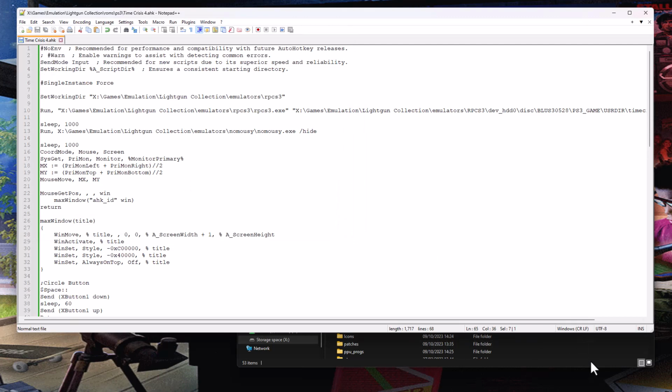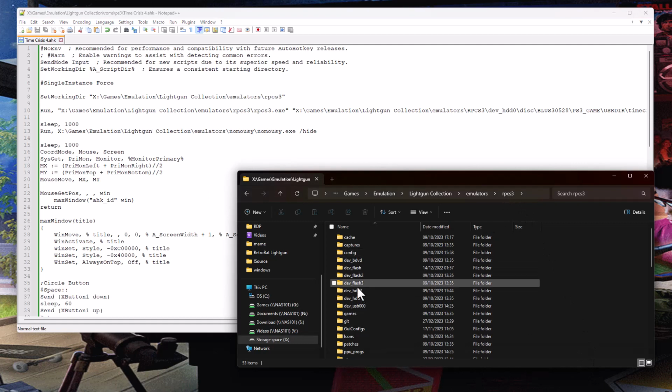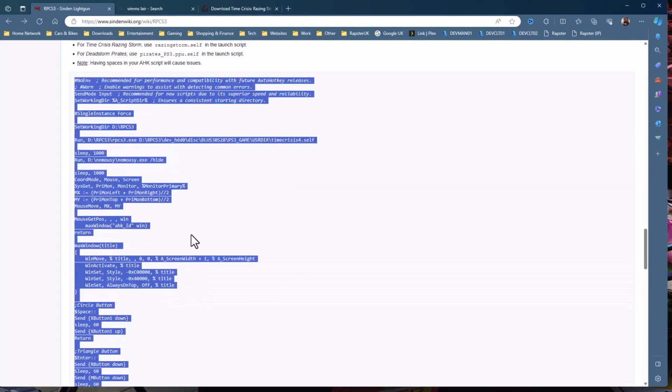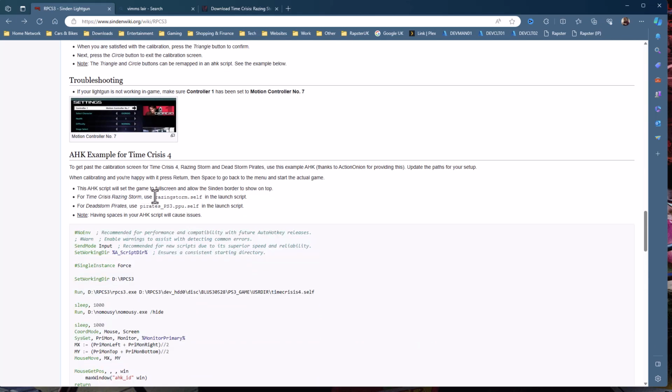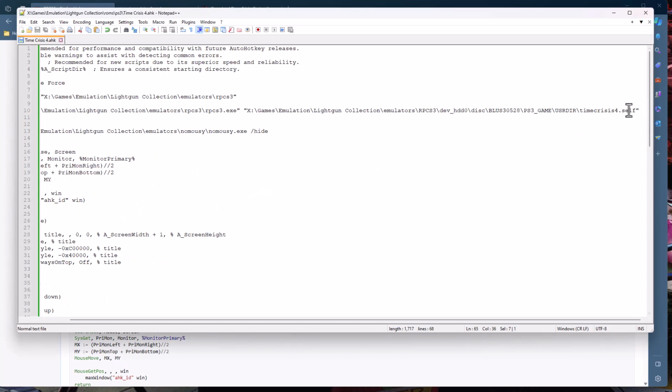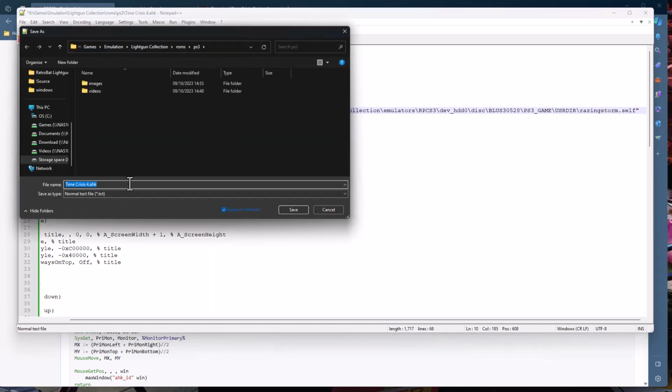and then all we're going to do is make the other two. If I go back to, actually it does set in the guide, you can find the files themselves, or you can come back to where we were, the Razing Storm. It's that file there. So I'll go back to my notepad and literally go to the end. Just replace Time Crisis 4 with Razing Storm. Now I can do a file save as in the same place, but do Time Crisis Razing Storm,